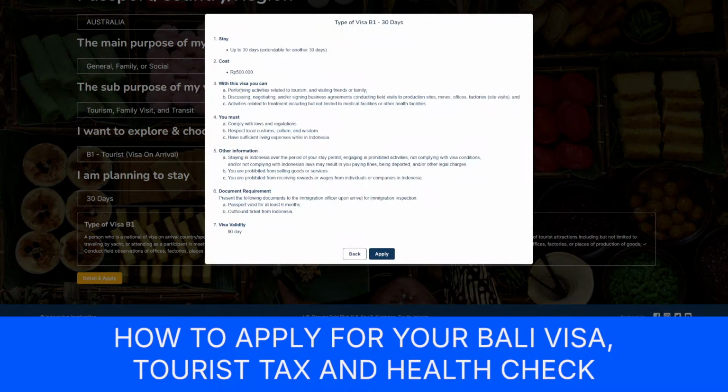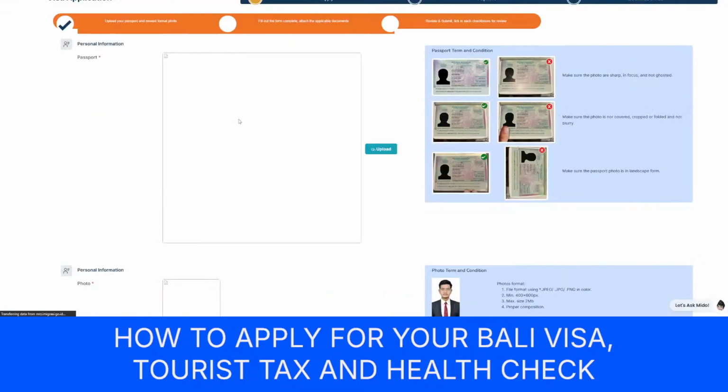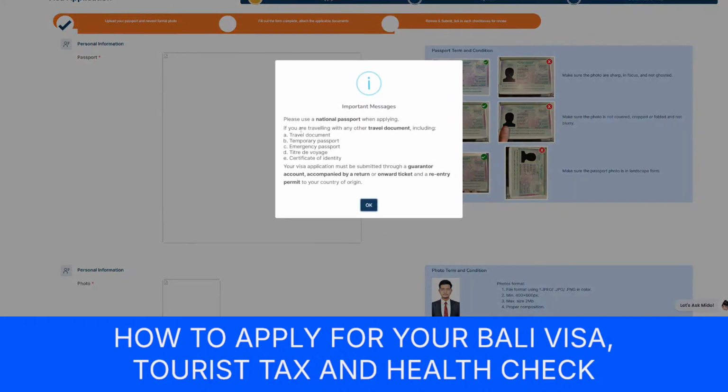You can check here what you can do, what you need to comply with and what documents you need. The visa is valid for 90 days, so you can stay up to 30 days and then extend for another 30. You'd have to pay for this, but the cost is 500,000 rupiah, which, as I said, is somewhere between 40 and 50 Australian dollars at the moment. So if we click apply,